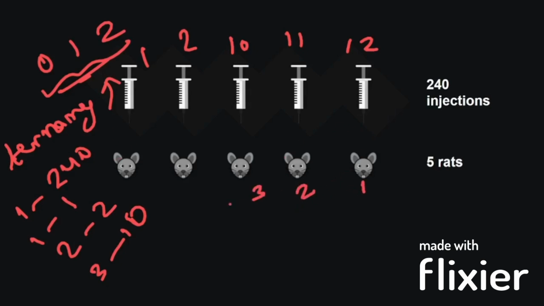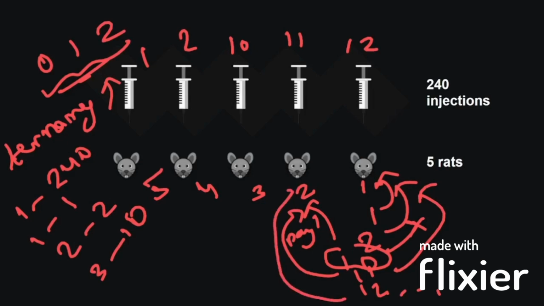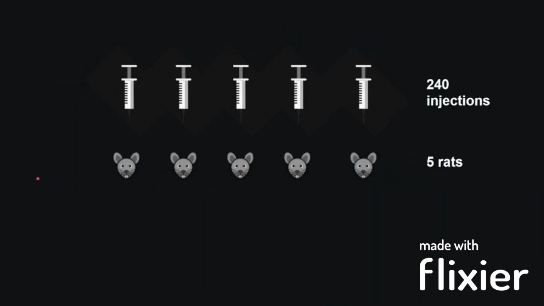We'll make an arrangement on these particular naming of the injections and decide which rats are to be assigned to them. So we'll number the rats from 1 to 5 and we'll assign them the injections simply. So here let's say 1 means the first injection is given to rat 1 on day 1, 2 means the injection is given to the first rat on day 2, 1, 0 means injection 3 is given to rat 2 on first day and not given to the first rat, simply skipping it. And this is how we'll be assigning each of the injections to them, and we can figure out based on the fainting of rats which was the injection that has the anesthesia in it.